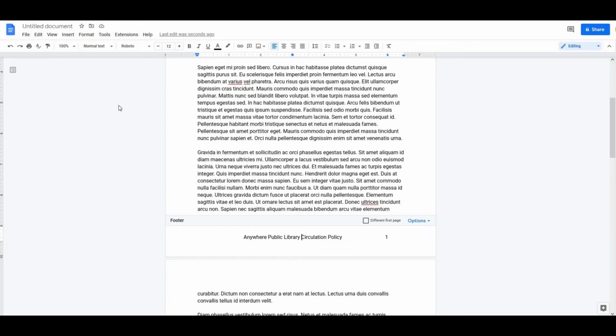If you decide that you don't want these center tab or right tab stops anymore, all you have to do is left click and hold and then drag down so that your mouse is no longer on the ruler, and then let go. You can see that it's going to mess around with my footer alignment down here, but that's okay. Same thing with the number 6. Just click, drag down, and let go, and then those alignments no longer apply.